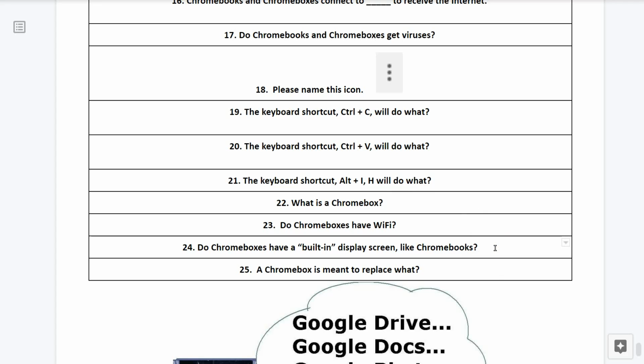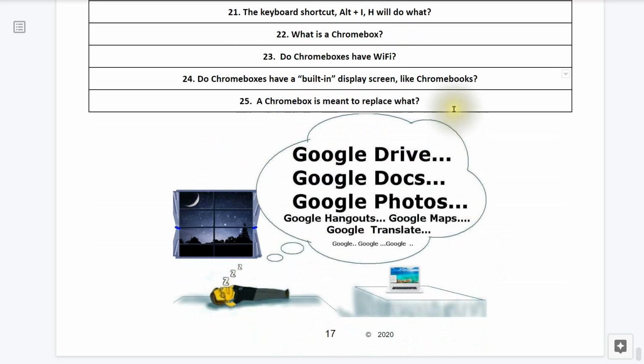Do Chromeboxes have a built-in display screen like Chromebooks? Question number 25. A Chromebox is meant to replace what?